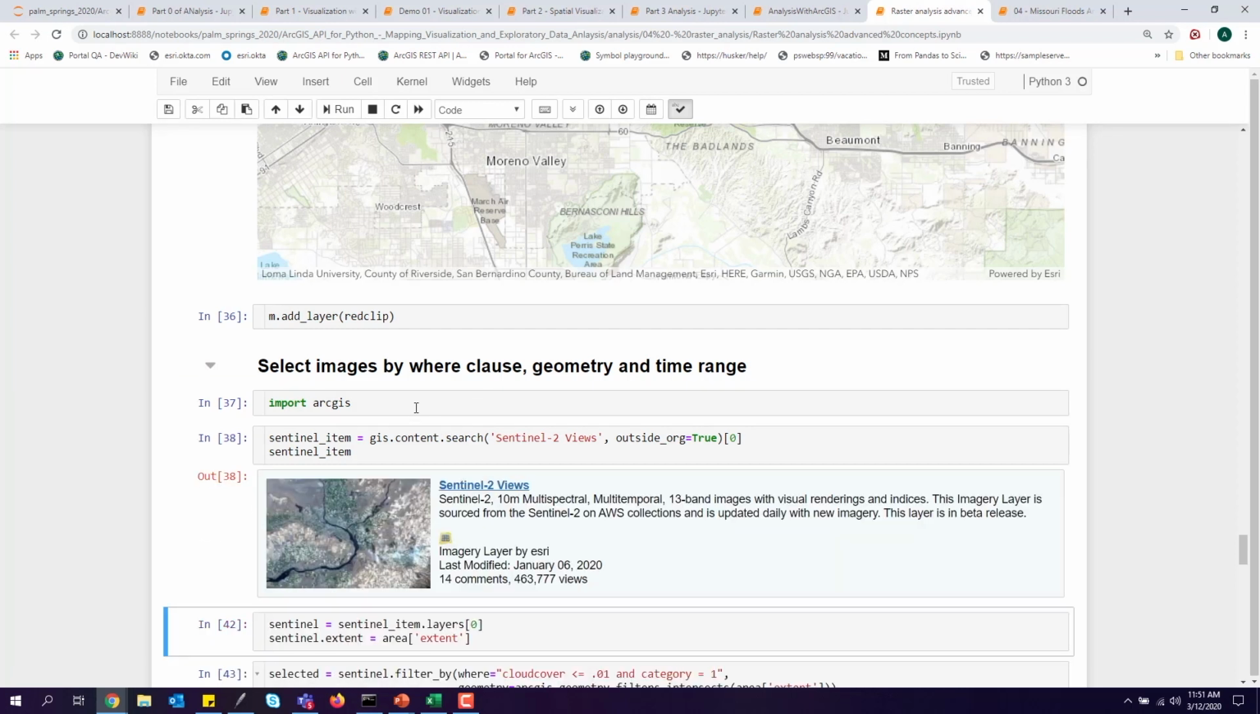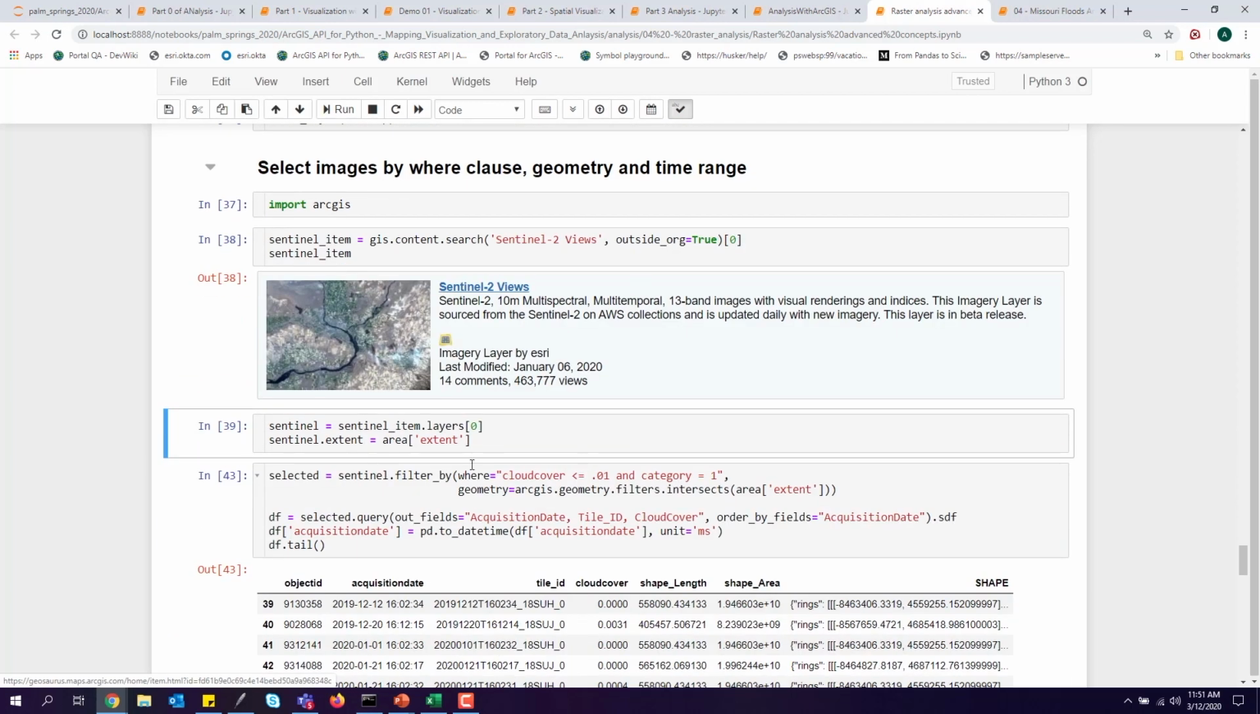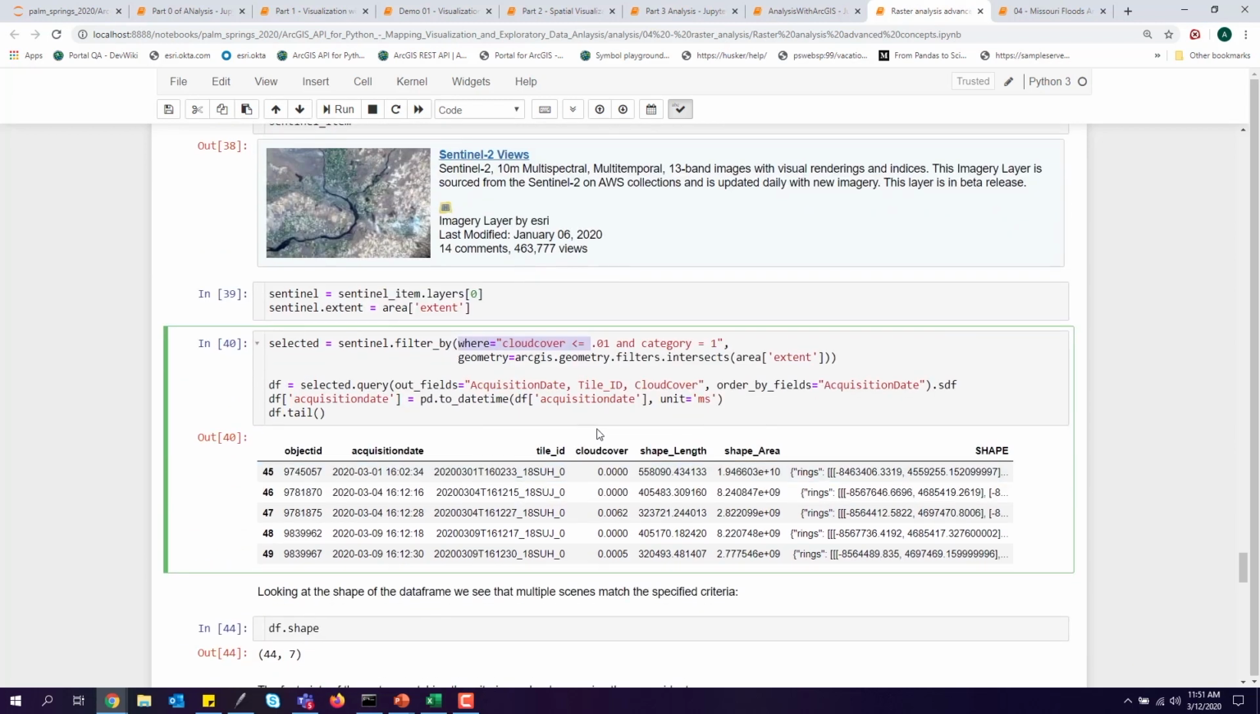Let's pull some Sentinel-2 views in from ArcGIS Online, which is hosted online. There's a wealth of information on there. And we can go ahead and filter. In this case, I want to filter where cloud cover is less than 0.01% in the image, and it's category 1. From that, I can select the images that I want to show,